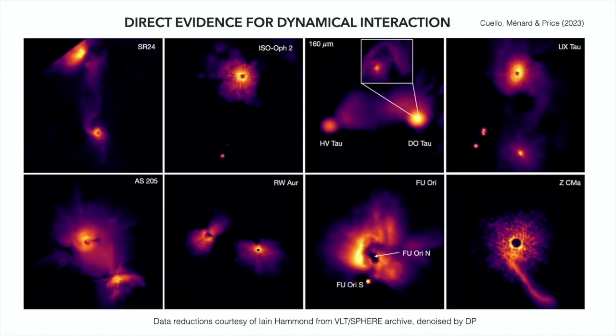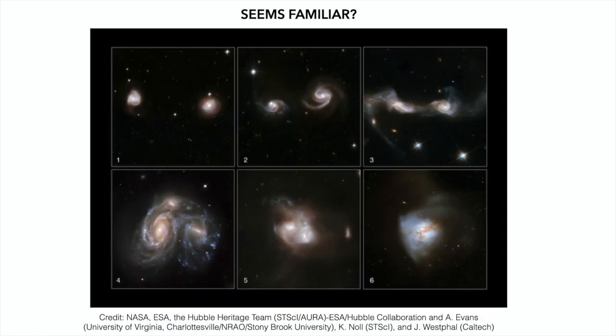All right. In fact, we also have direct evidence for this kind of dynamical interaction. Does anyone work on galaxies here? Someone stick up for the galaxies. Is anything sounding familiar? If I said I'm going to model a galaxy as an isolated object, you would tell me I'm an idiot because we've been observing this kind of thing for a long time. Which is just gravity doing its thing. And so it's probably not a surprise that we're starting to find the same kind of thing in the protostellar disk population. It's still gas, gravity, some kind of interaction. And so that's just gravity doing its thing.